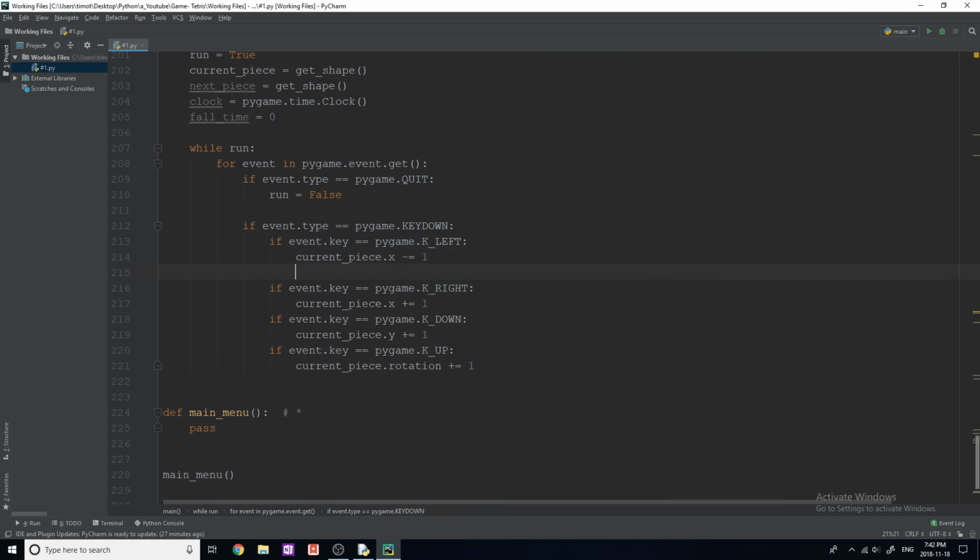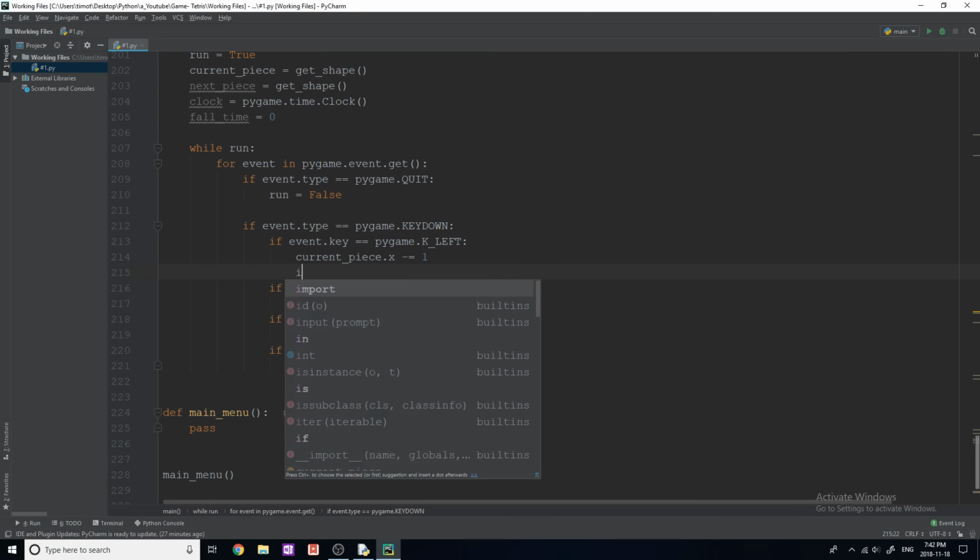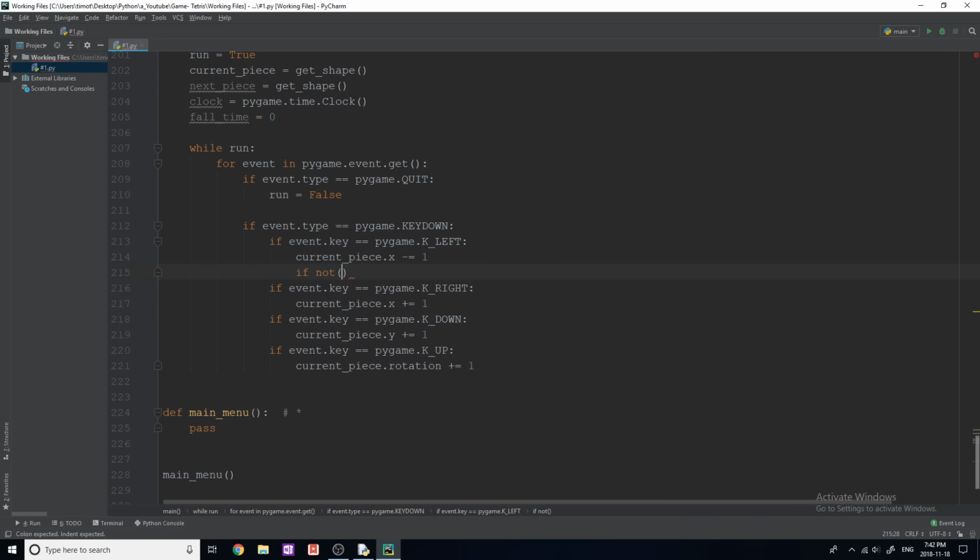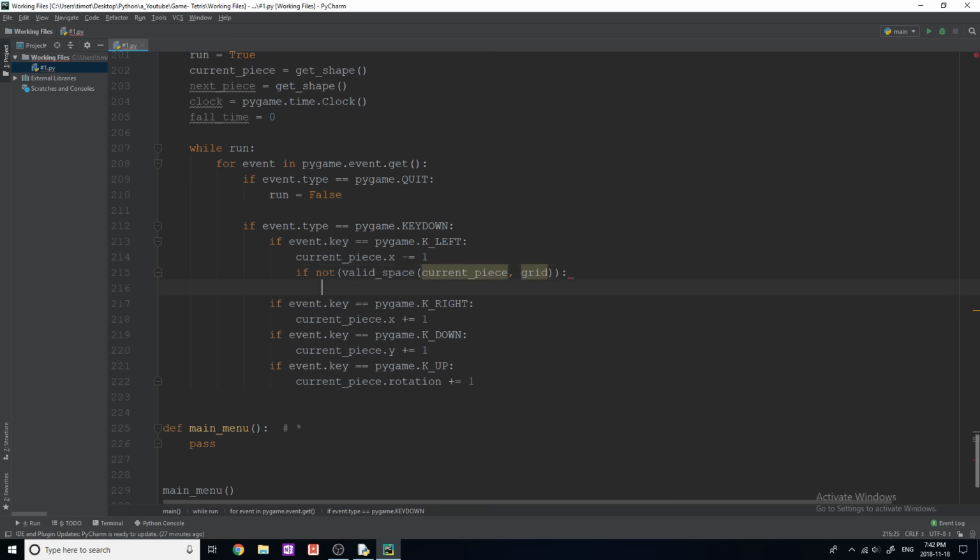So the way that I do this is going to make life a lot easier. If we're moving left, let's simply change the piece's x, move it left 1, and then check if that's a valid position. And if it's not, well, then we can just add 1 and move it back to where it was. So we're going to say if not valid space, and valid space is going to take 2 arguments. It's going to take the current piece, and it's going to take the grid, okay? Then let's just simply subtract or add 1 to our